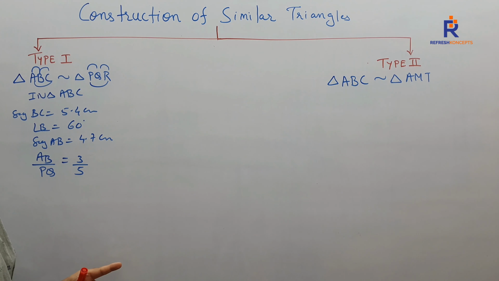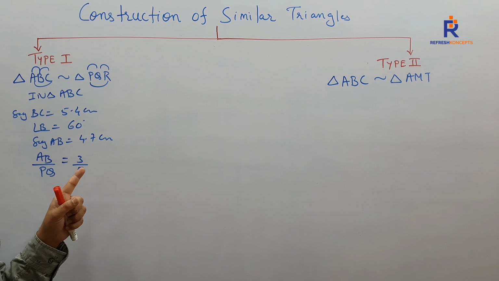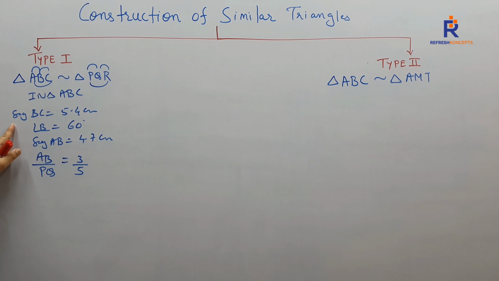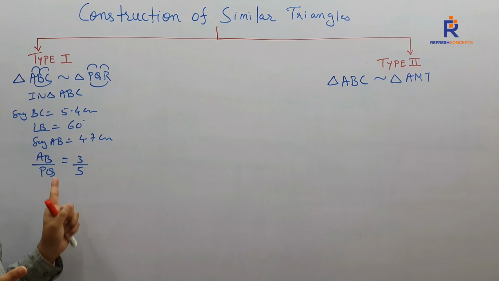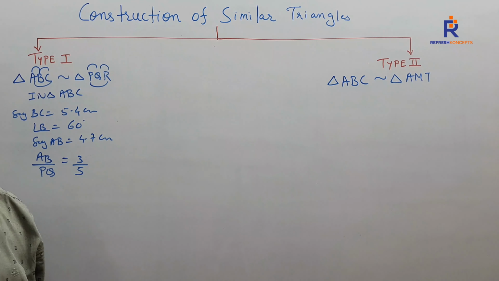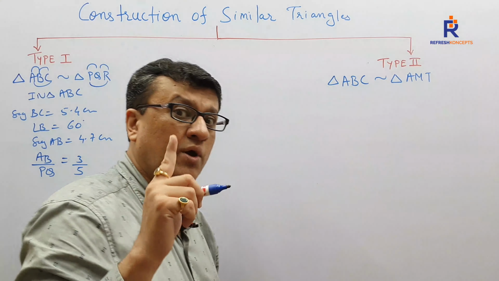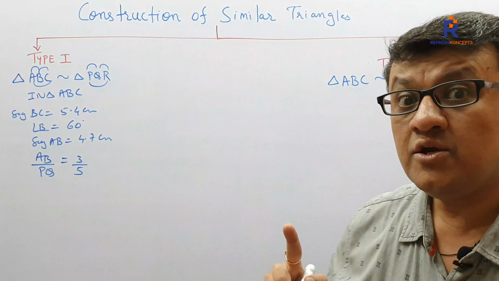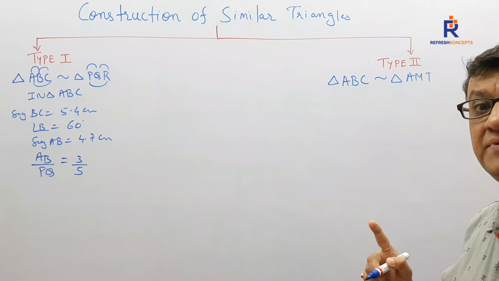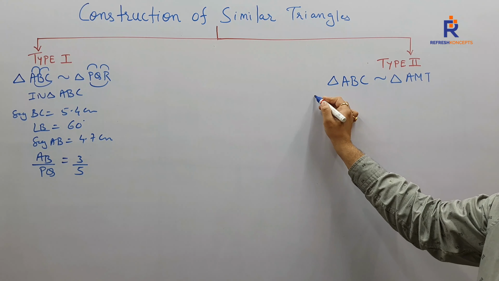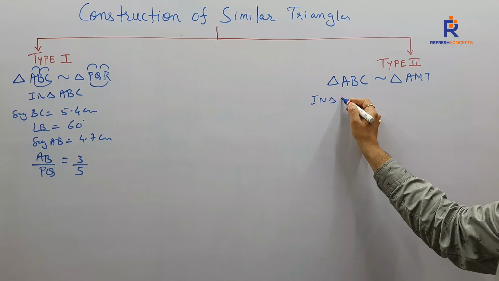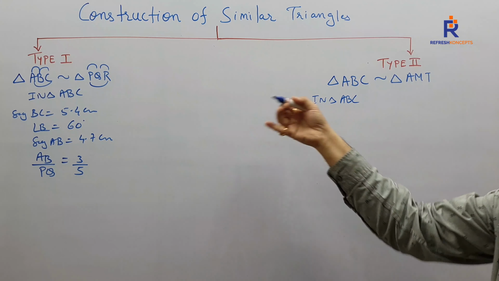Take this in mind. So what is the necessity for type 1? You have to have one triangle's parameters so that you can draw the triangle. Moreover, you have to have one ratio. Same thing should be there over there also. Absolutely, any one triangle's parameters should be there.